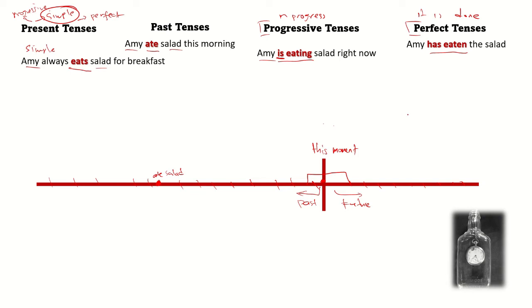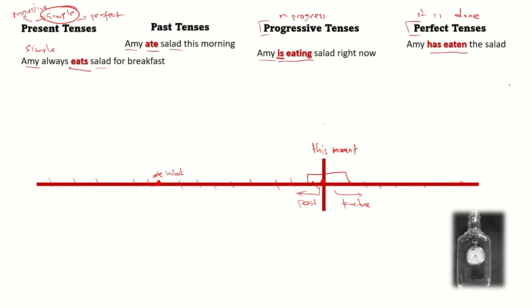So these kinds of tenses emphasize the action that is already done, it does not really need to state the exact time. Okay, so Amy has eaten the salad. In this situation, Amy has eaten the salad,